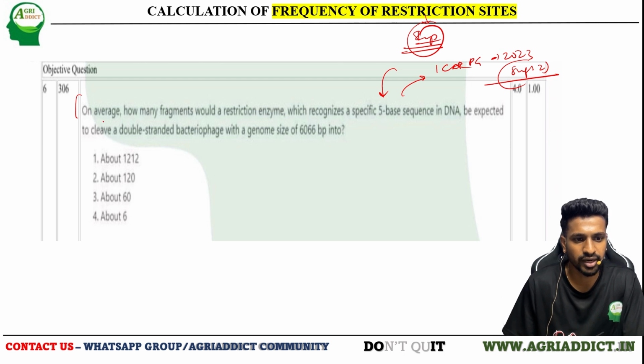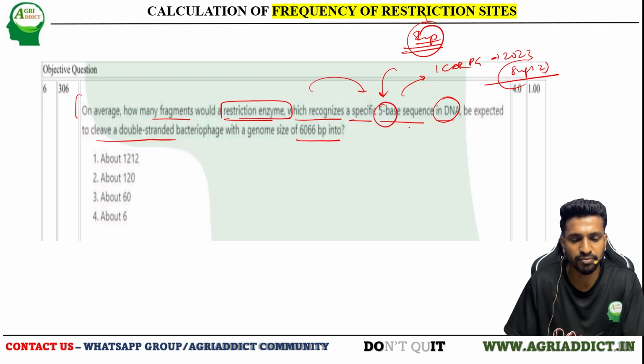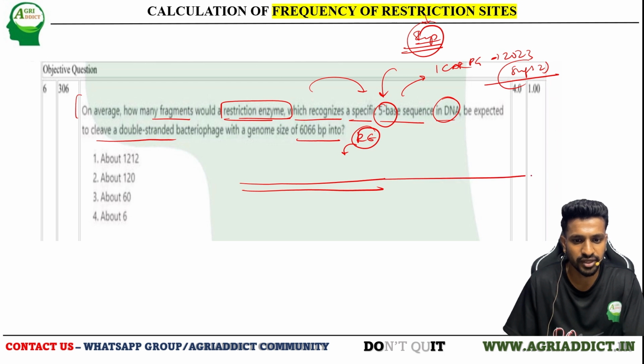So the question says, on an average, how many fragments would a restriction enzyme which recognizes a specific 5 base pair sequence in a DNA be expected to cleave the double-stranded bacteriophage with a genome of 6066 base pairs into? So what they are asking is how many fragments a certain restriction enzyme which recognizes this 5 base pair sequence would be expected to produce if the length of the DNA is